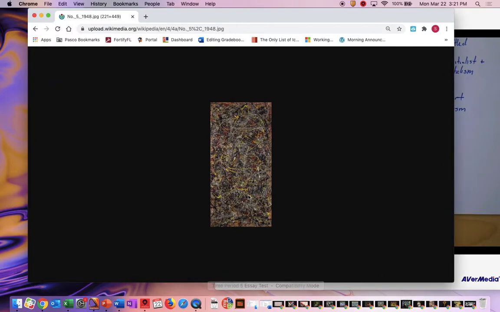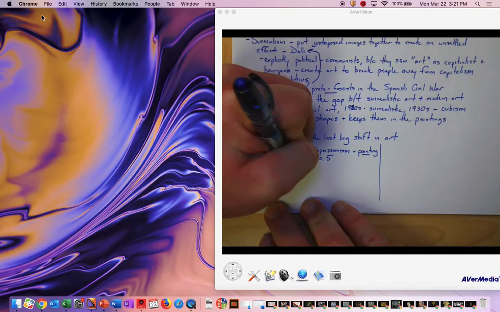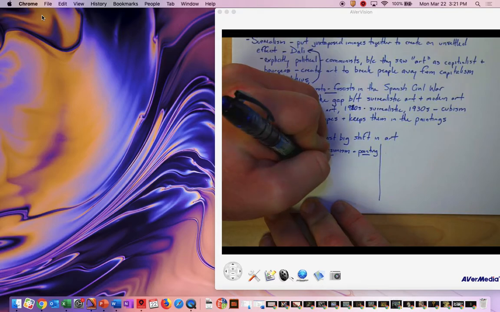So, for instance, this one. This is a Jackson Pollock. He's probably the most famous abstract expressionist. And basically, all he did was he kind of hovered over a canvas in a sling and just painted, just let the paint drip where it went. And so you're not looking at the finished thing. What you want to see is how he made it. Now, this art really reflects the freedom of expression in the West.